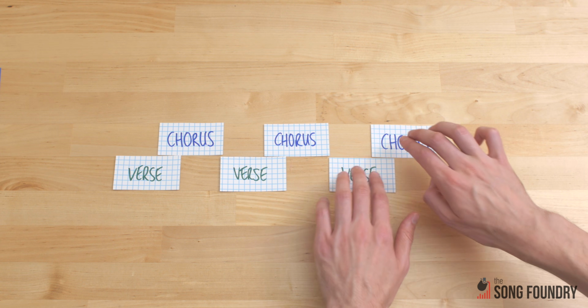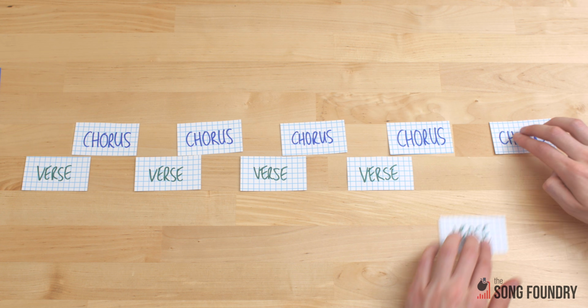The chorus is where the song really hits. It's where you express the main idea of your song. It's usually the biggest section musically, and as we'll find out in the next video, it's where the hook normally goes. Often there are 2 or 3 verse-chorus cycles, but sometimes 4, 5 or more.